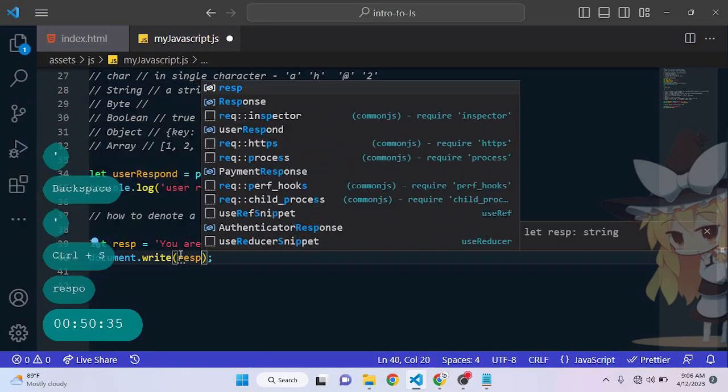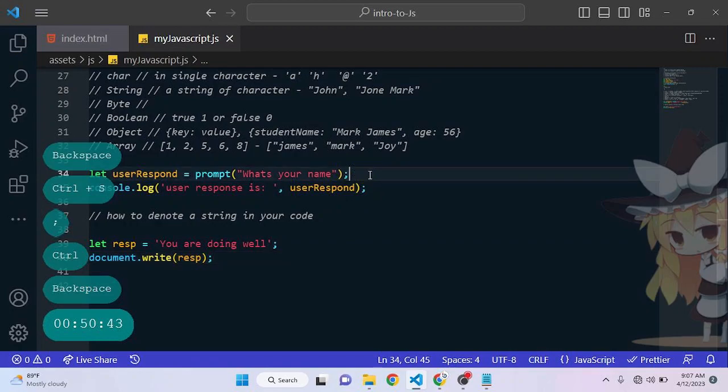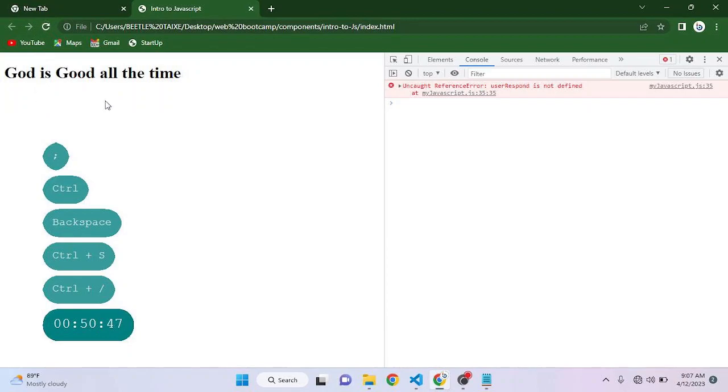It will still work. If I put it inside here now, it will still write on our web page. So let's see. I don't want to take a response for now, so let me comment this out. Oh, an error: user response is not